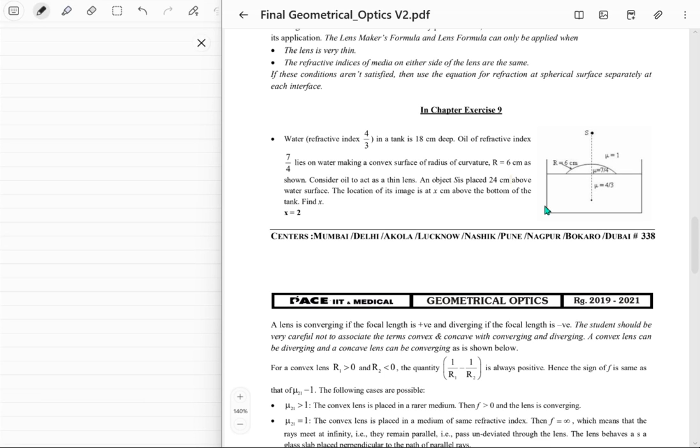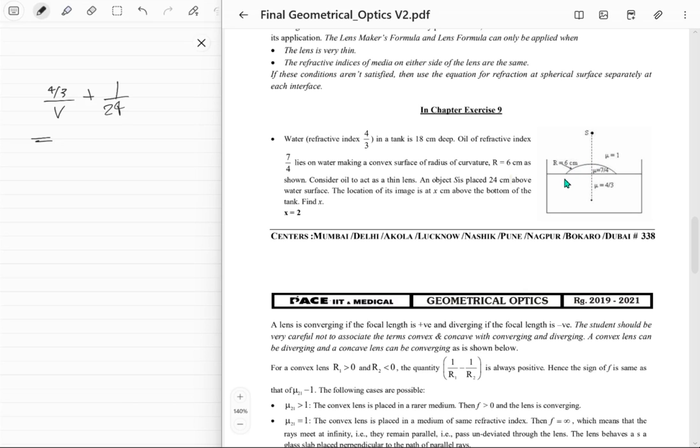So it's pretty easy. Our positive axis is going down. In this case, your r is positive, so positive 6 centimeter or whatever. Final index is 4/3, so just use mu. 4/3 upon v minus, initial index is just 1, 1 upon this distance. What is this distance? 24 centimeter above the water surface is negative 24. So it's going to be plus 1 upon 24 in that case. That's equal to,